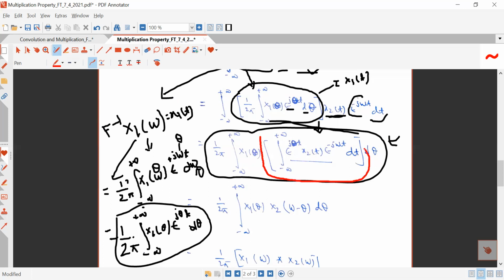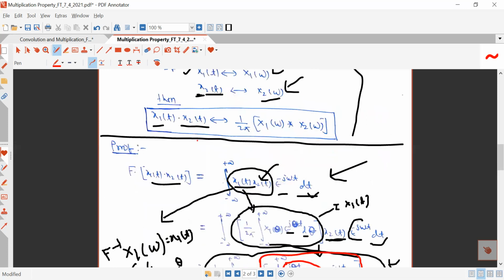What is this? This is basically the Fourier transform of e to the power j theta t x2(t). And as you know, from the frequency shifting property,